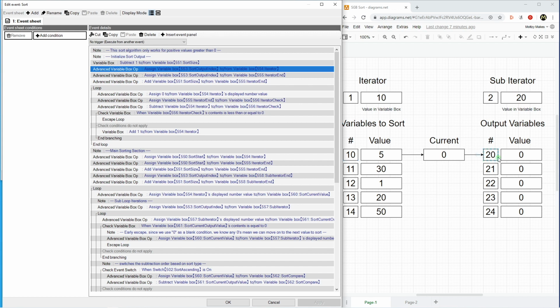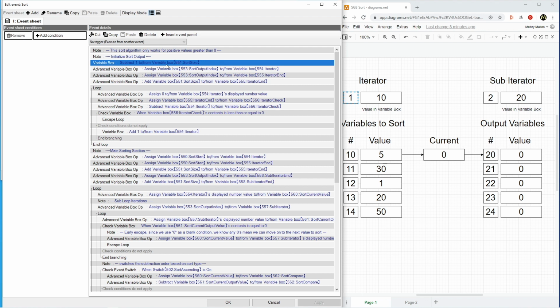That's saying it's 20. Then we need to do 2 things in order to get the iterator end set up properly. First, we set the value of iterator end to the sort output index. Then we add the sort size to iterator end to get the output value. You may also notice at the very top, I have to subtract 1 from sort size. Because we know that the start value is a value we want to use, we only want to add the